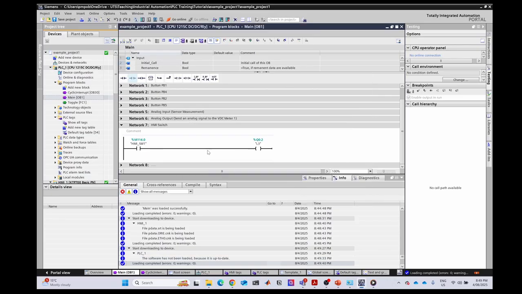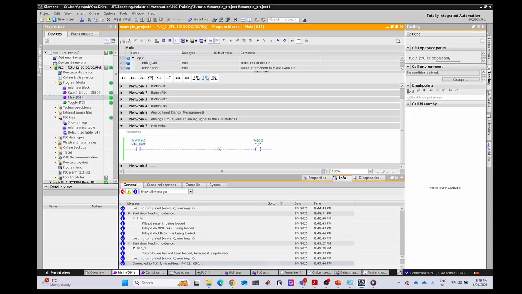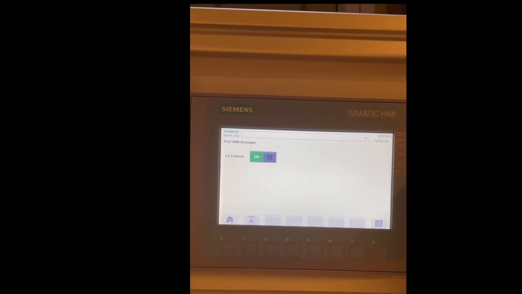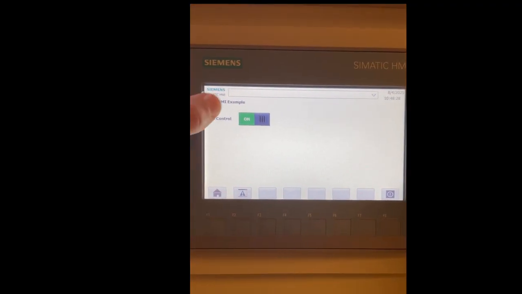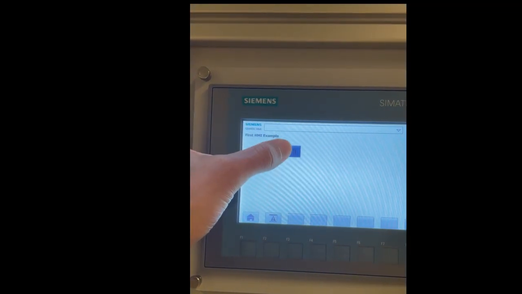Finished. Okay, so monitoring. Right, so the moment the switch in the HMI is off, I'm gonna click it. And I click it, and you can see that the state changed. And this is the HMI, so now you can see the LED 3 is turned on. If I click this,